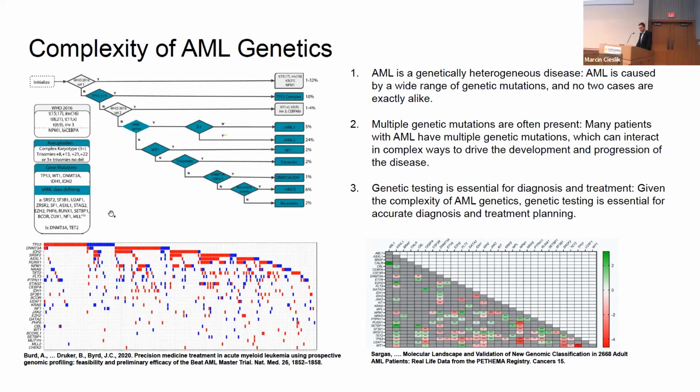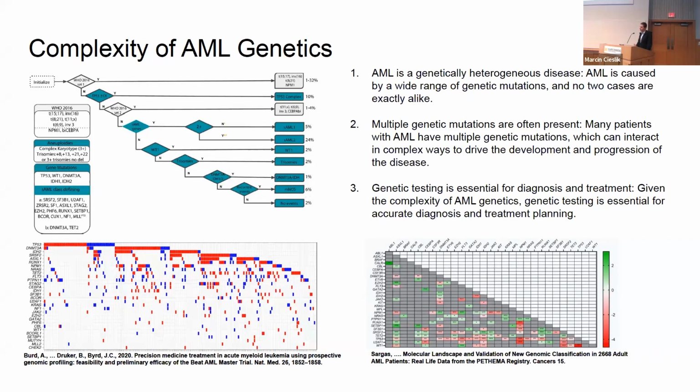This is a classification of AML based on genetics. This is a paper that came out, which proposed a revised classification based on the WHO 2016 classification. And this is already outdated because there is already a new WHO classification. So lots of genetic events allow us to put AML into different